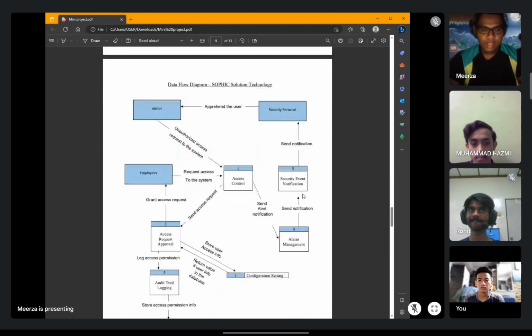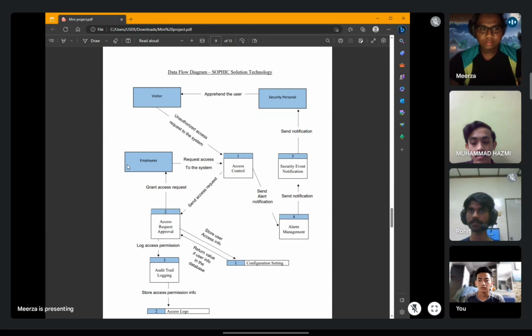Okay, so as you can see in front, which is the data flow diagram of the Sophic Solution Technology, they also have three entities, which are visitor, employees, and security personnel. So if the visitor, which is a user from outside the Sophic Solution Technology, tries to access the system,